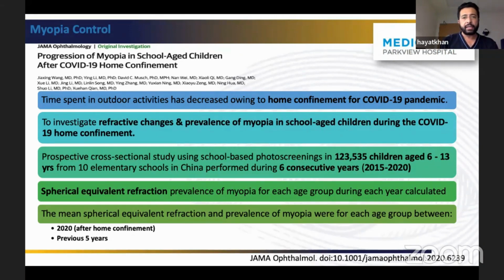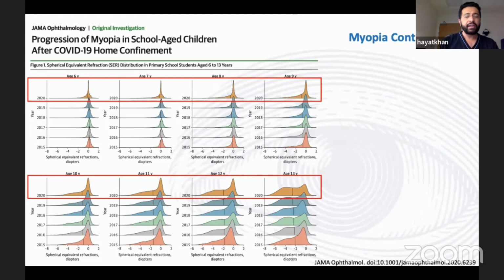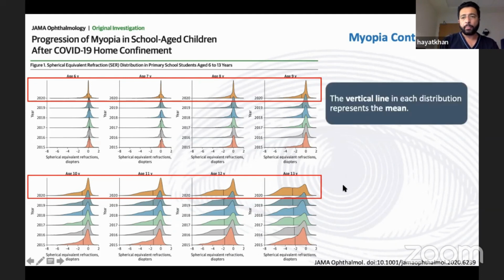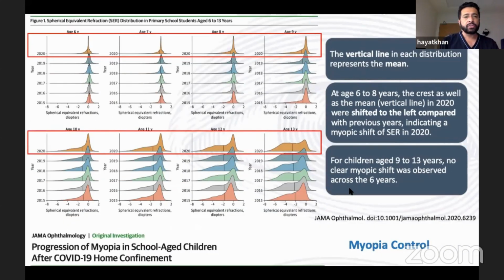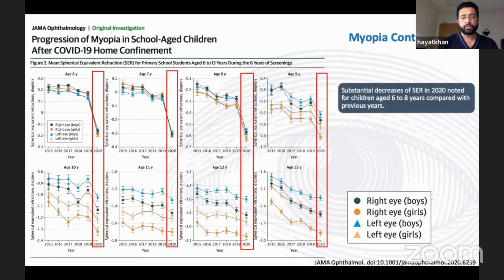I'm not going into the detail of what happened in the pandemic and how the schools adapted near devices and what implication it had. But definitely we have seen since the year 2019 and 2020, there is an increase in the progression of myopia in school children. If you see between 6 to 13 years, in this study, you can see the graphs. There is an exponential increase after the home confinement, and following which, even this data came out, which was quite revealing as to how myopia increased over the last few years, from 2020